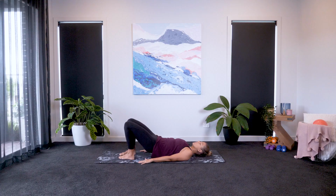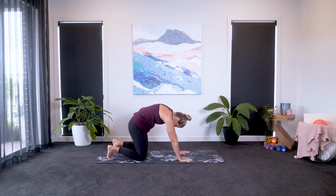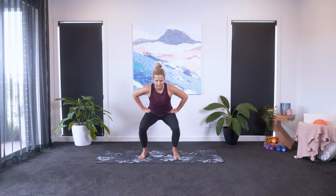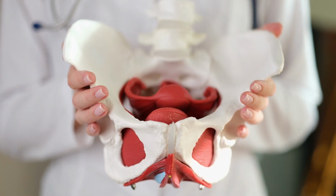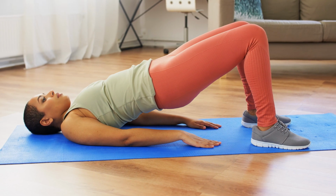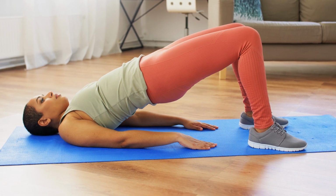Kegels are often the go-to exercise for rebuilding your pelvic floor strength after pregnancy. However, what isn't widely discussed is how combining Kegels with specific exercises can dramatically improve their effectiveness. Research has shown that when Kegels are performed alongside a targeted set of exercises, the activation of the pelvic floor muscle significantly increases. And improving pelvic floor strength can have a profound effect on reducing lower back pain, incontinence, and